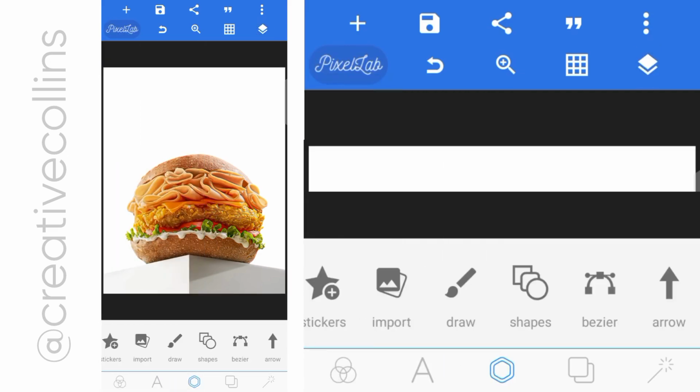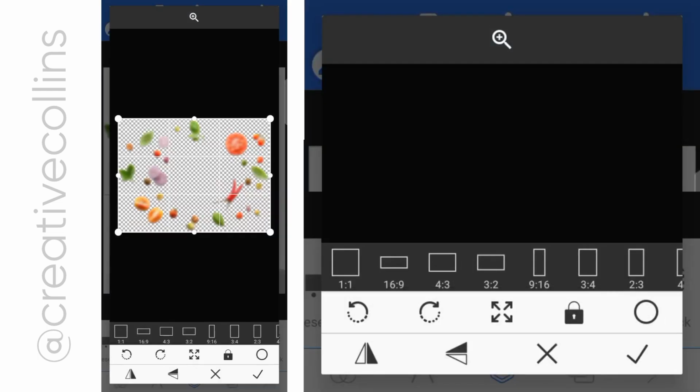The next thing I'm going to do is bring in another image. That image is blurry. Where I got this image is from Pinterest. You can get free images there for your design. So I'm going to bring in another picture which is slightly blurred, and it's going to be behind this one. So this is the second image